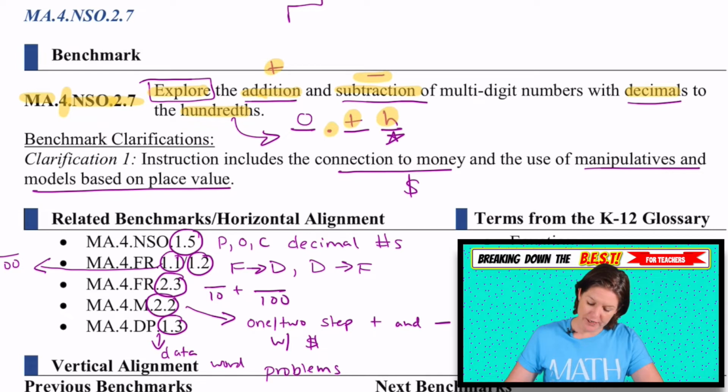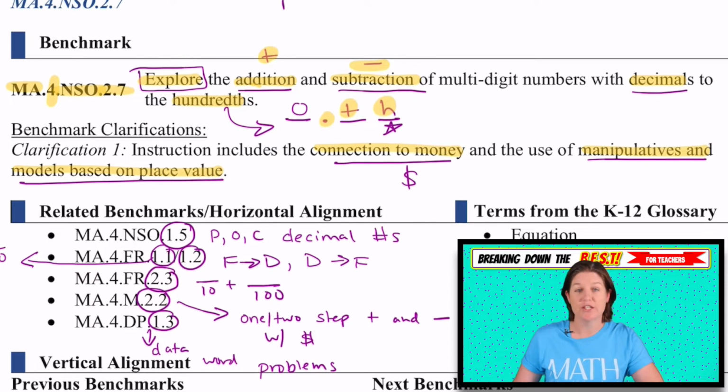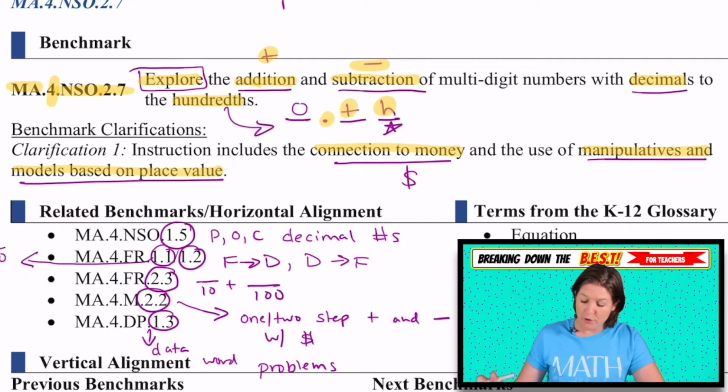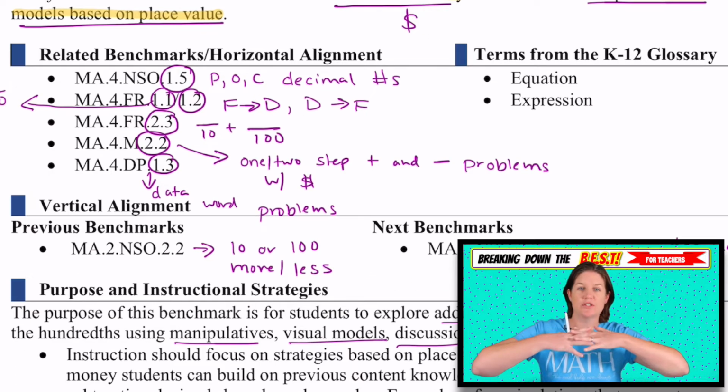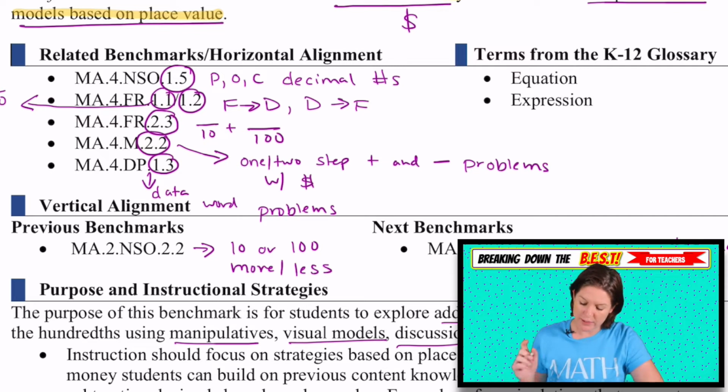And here in the clarifications, it says instruction includes the connection to money and the use of manipulatives and models based on place value. And you'll notice that the resources that you have access to with your membership will do just that. Some of the related or horizontal alignment, that means other standards in 4th grade that are connected to this one, include